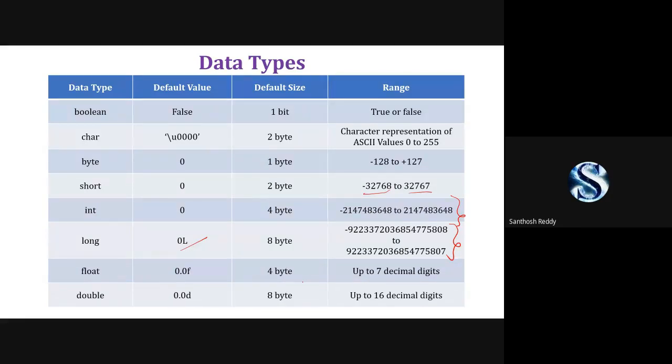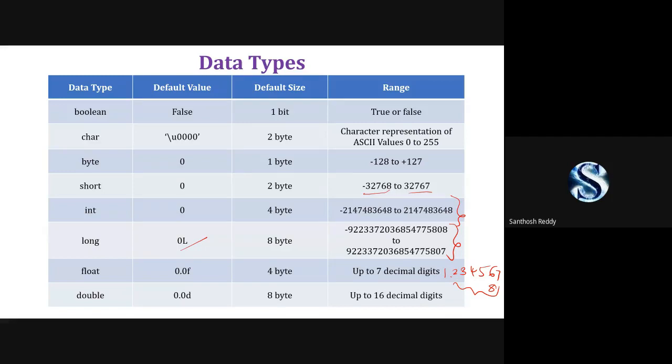We have 4 bytes and the range is up to 7 decimal digits. For example, 1.1234567. 7 decimal digits it is going to store.